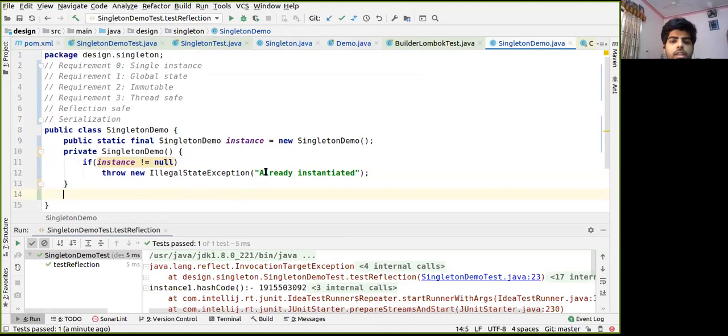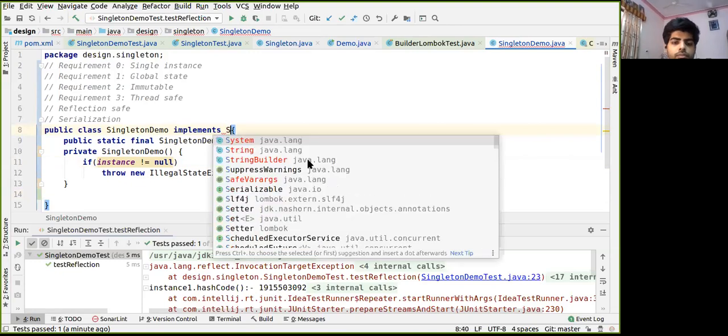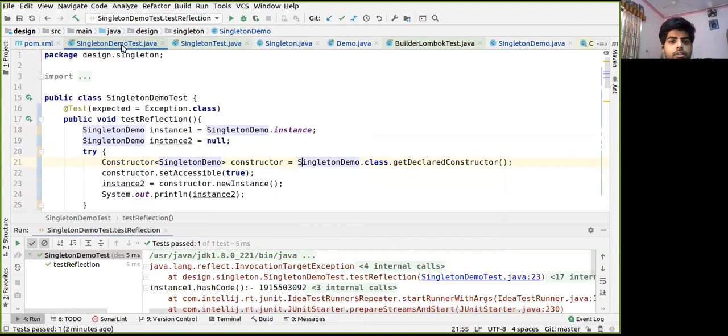First of all, let's see how it breaks the singleton property at the time of serialization. It should implement Serializable first. Making any class implement Serializable is enough to enable the serialization mechanism. Okay, so let's test it.